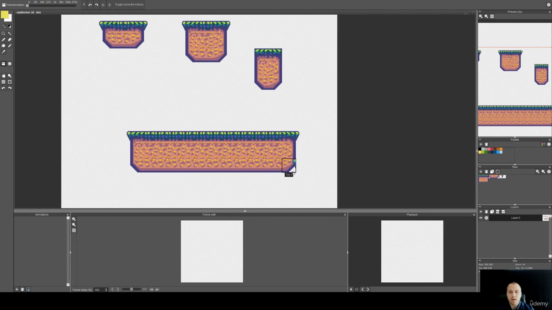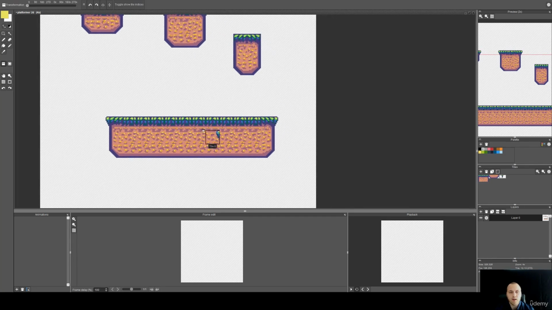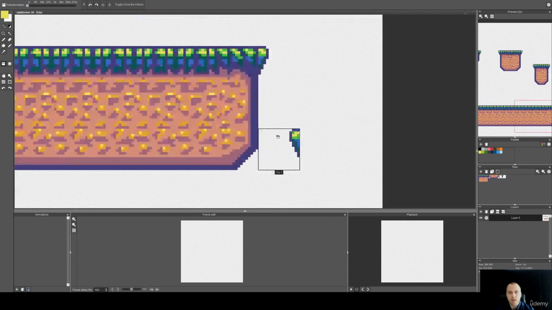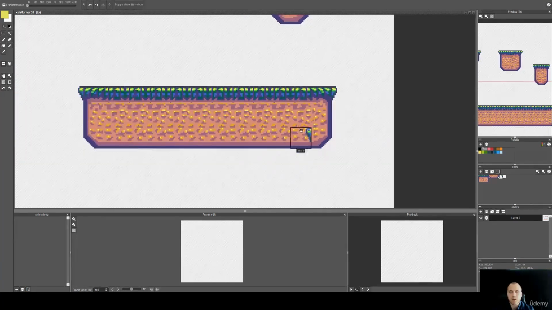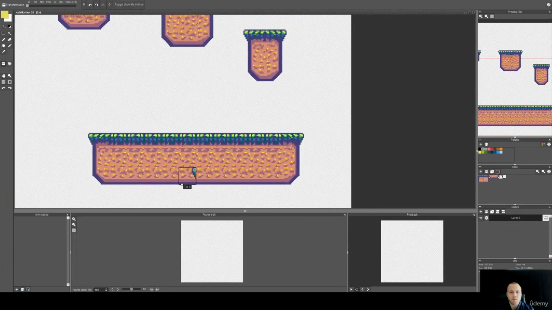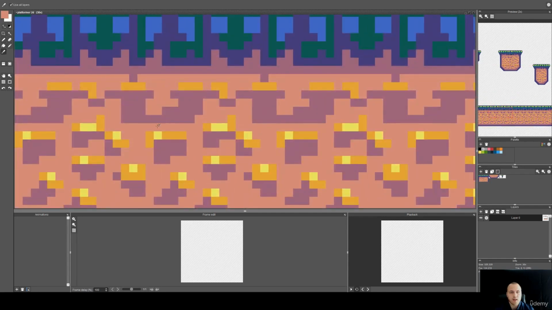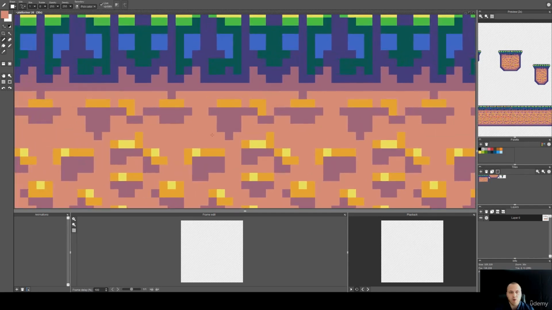Currently, these types of tiles will not say that, because we have our top part where you can obviously jump, and you have our bottom part where you obviously cannot jump because it's kind of in the shadow. Let's go over all of these and clean this up a little bit more. Again, it's not necessary, but it's always nice to go back one or two more times just to